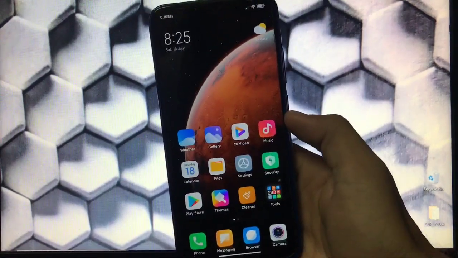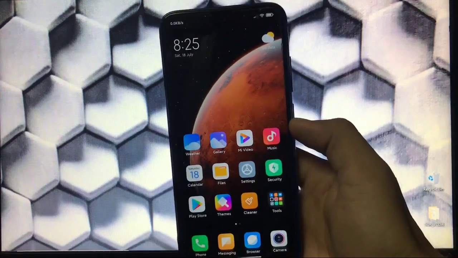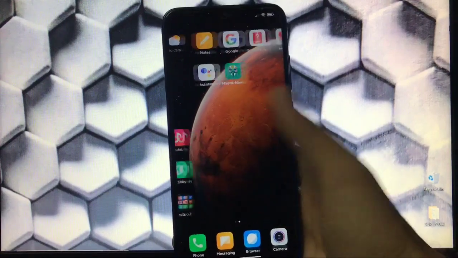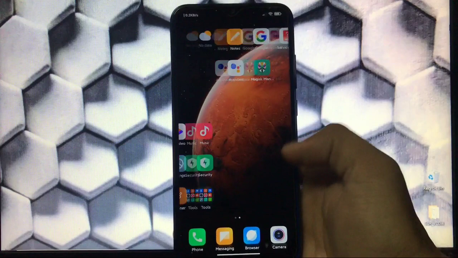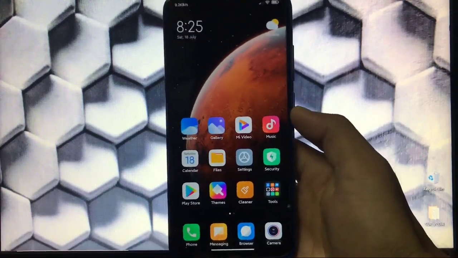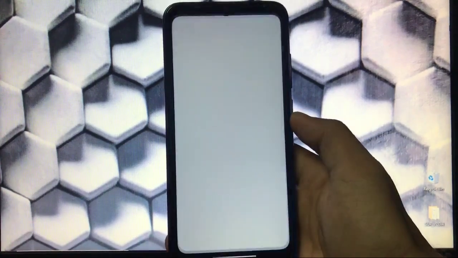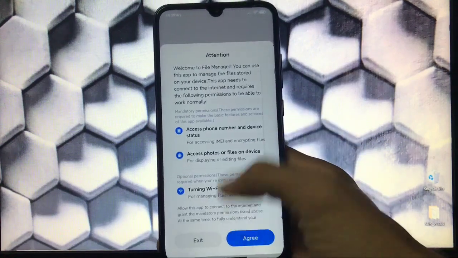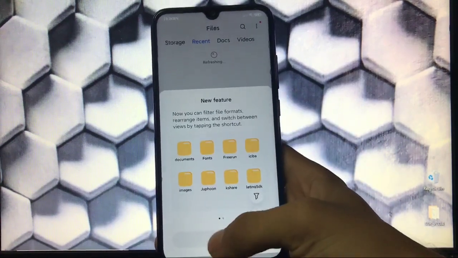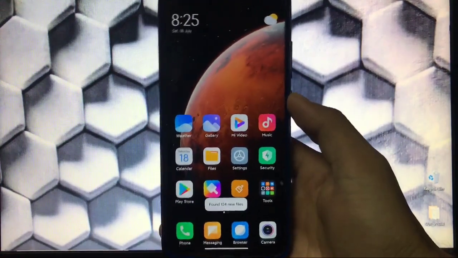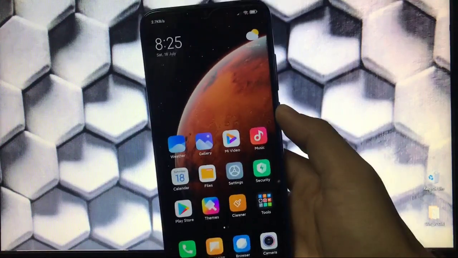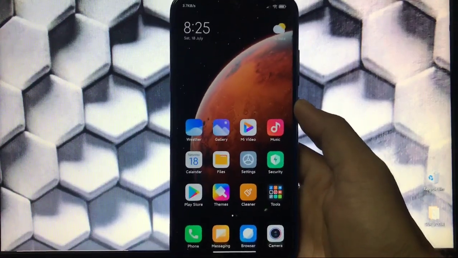First of all, moving on to home screen, we have the same default theme, same icons, same wallpapers, nothing else is here. Camera, themes app, files manager, everything is just fine. You got the latest MIUI 12 file manager available here. Nothing changes here. You got the updated version of the file manager. You can also update manually if you want to.